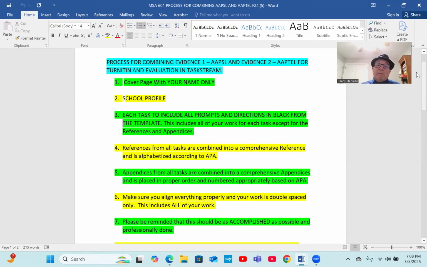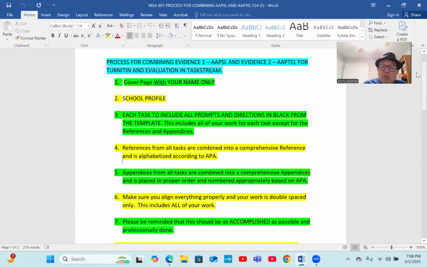And I know those are mistakes, but that will help you not make that mistake if you'll go ahead and delete those things that you no longer need, before you start combining it. It's just a simple click and delete, and you know that. So, okay, any questions on what you need to do to combine all your APSL work and submit it to us for review? Dr. Revis, this can be found on your agenda, but it can also be found under the APSL resources and materials. You can find this same document there to refer to.